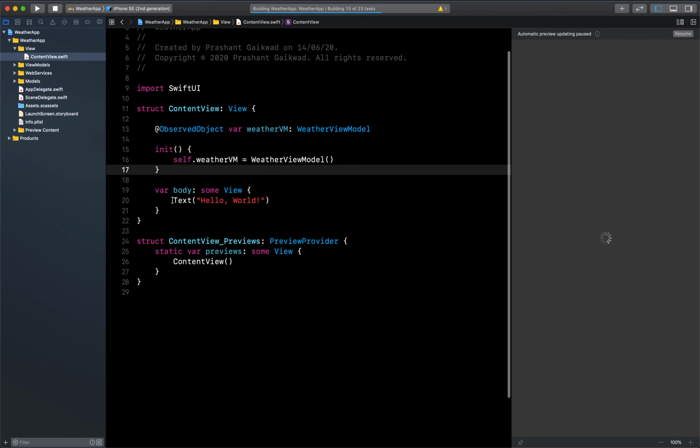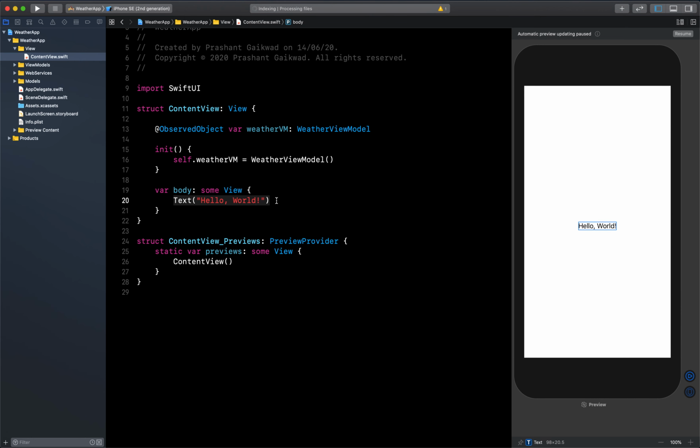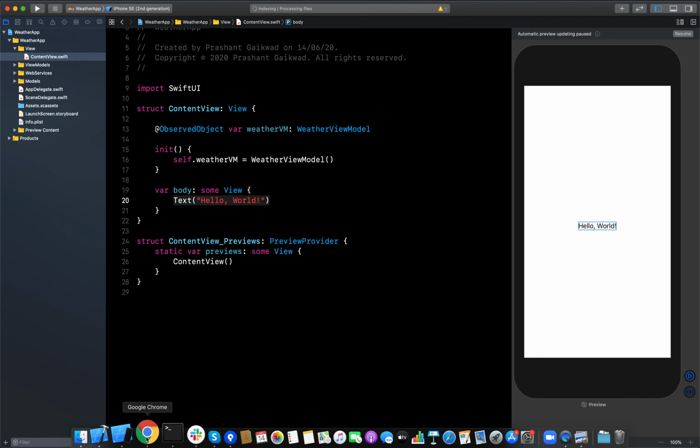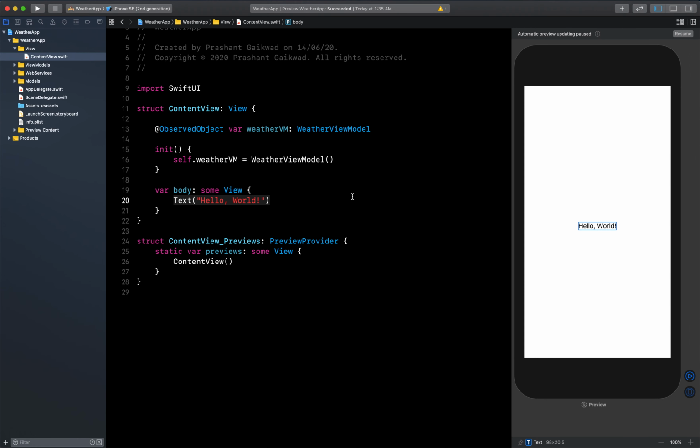Okay, so now as we have our weather view model with us, we can use it inside our main view. Here we need to display a UI like this, where we have the weather report at the top, then we have one text field in between, and then we have one text. So let's create this type of UI.